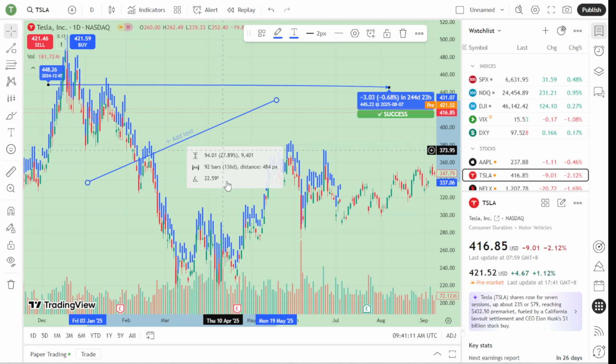Once you release the mouse button after dragging, you will see the info line appear, connecting the 2 points you selected. Alongside this line, you'll now notice the additional information that appears, such as the percentage change between the 2 points and the angle at which the line is drawn. This numerical and visual data is crucial, as it allows you to quantify the strength and direction of the trend